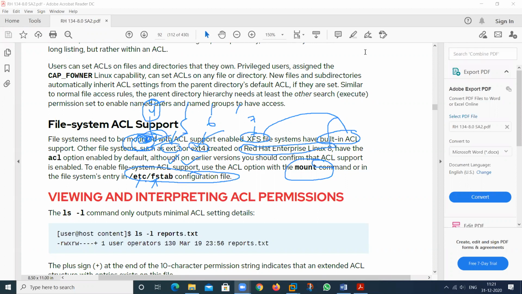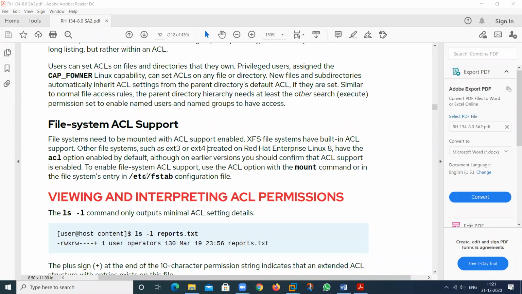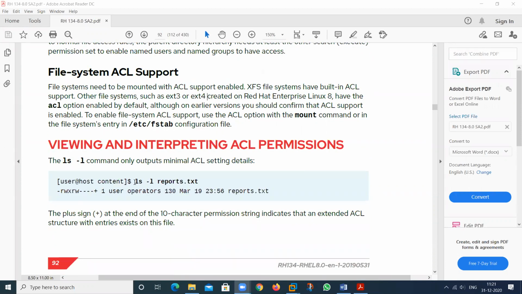So this is the thing that we have discussed about the ACL. If you want to check the permission, you can use this one. So this is my user owner, this is my group owner, and these are the permissions. And this particular file has the ACL. This is the sign. By using this particular sign, we can understand this particular file has the ACL.